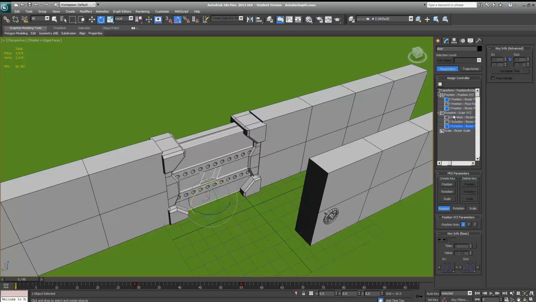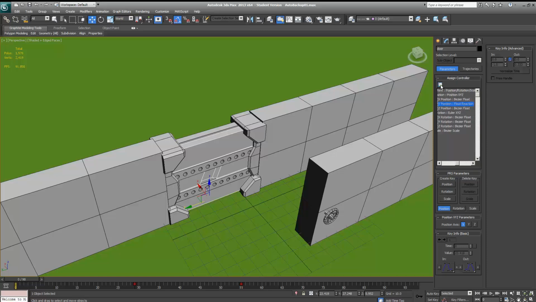But for position, only 2 of them are of Bezier type, X and Z. The Y position actually has this red thumbnail, signifying that it was tied to some other parameter. If you don't want to have this relation and rather want to move the object freely on the Y axis, if you want to remove the relationship of the valve to the front door, for example, you can go into the front door, open up the transform, find the position Y parameter, take out the float reaction controller by simply